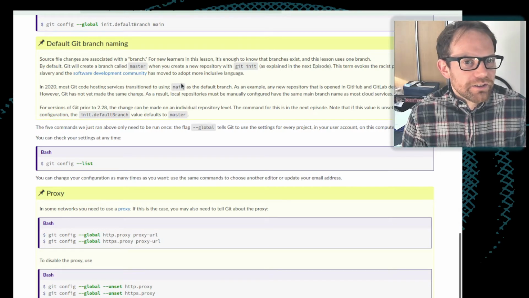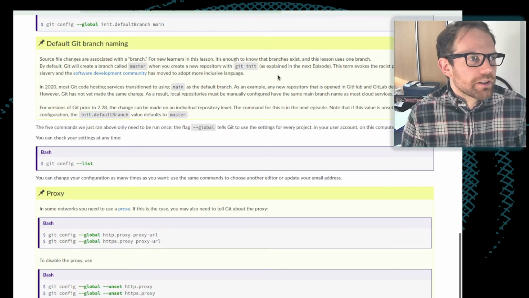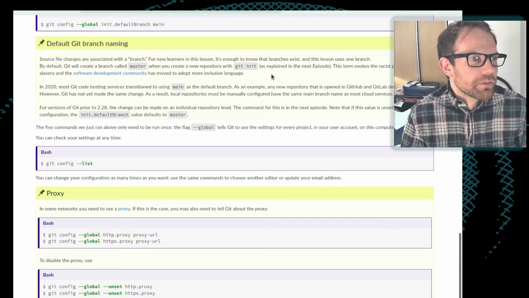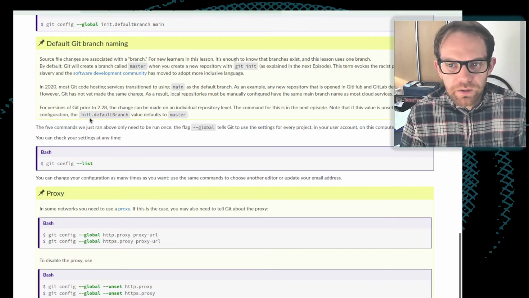In the past, this was by default called master, but the community has generally started trying to move away from using terms such as master and other inappropriate terminology. So you can now also change the name of the default branch to main in Git.